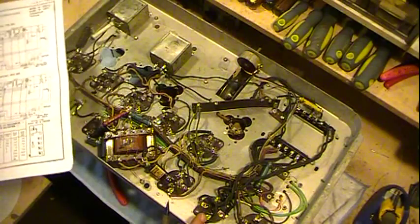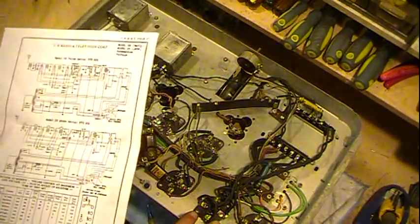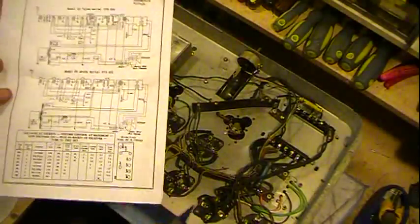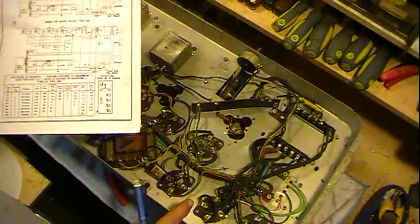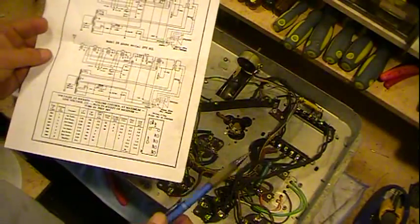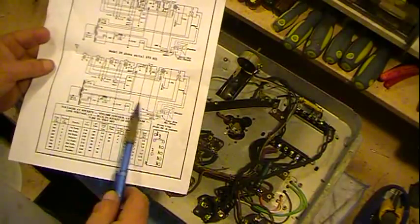The model plate that is factory riveted to the radio is well below 373,000. It's like 74,000 or something. I believe I showed it on one of the very first videos on this. Yet this says above that serial number. In other words, after this serial number, you would use